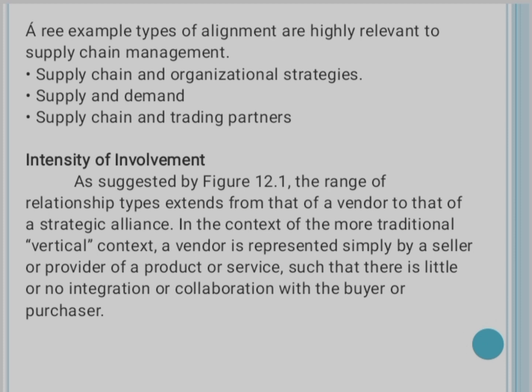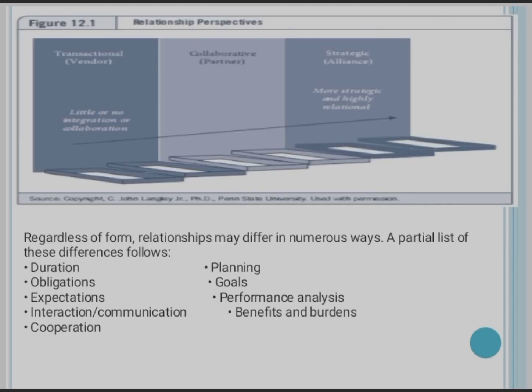In the context of the more traditional vertical context, a vendor is represented simply by a seller or provider of a product or service such that there is little or no integration or collaboration with the buyer or purchaser. In this figure 12.1, relationship perspectives na siya 3 ka main perspectives. Number one is transactional, next is collaborative, next is strategic. So ang transactional mo ni siya most basic level na relationship kung asa tong nag-focus ang individual